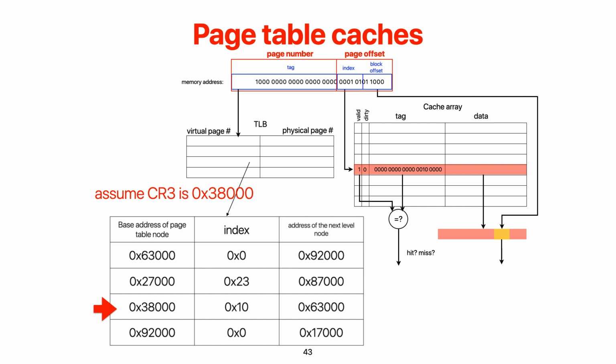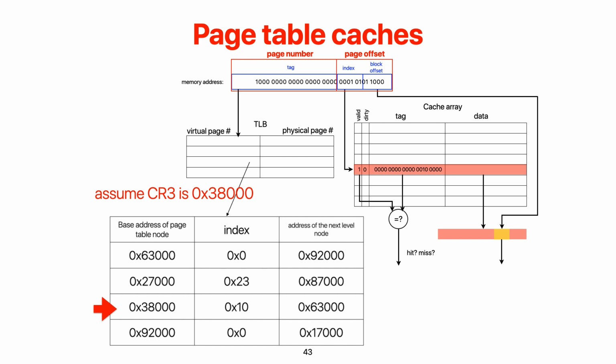So I don't have to go to the main memory to grab the whole root node of the page table to look up the index of 0x10 and figure out the next label node. The page table cache would directly point me to the next label node called